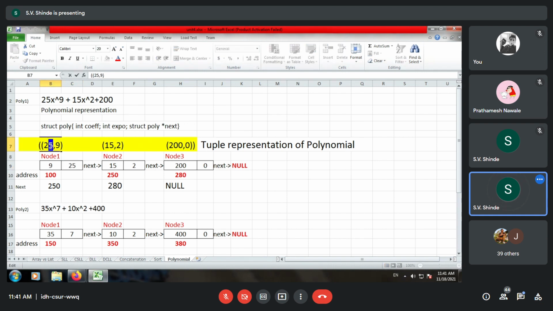Also over here, you have to update the structure or the tuple representation like this, that is 9 comma 25. Yes, participants, able to understand that you have to specify the structure of the node? So when you specify the structure of the node with coefficient and exponent, then use this kind of representation, or it can be reversed.